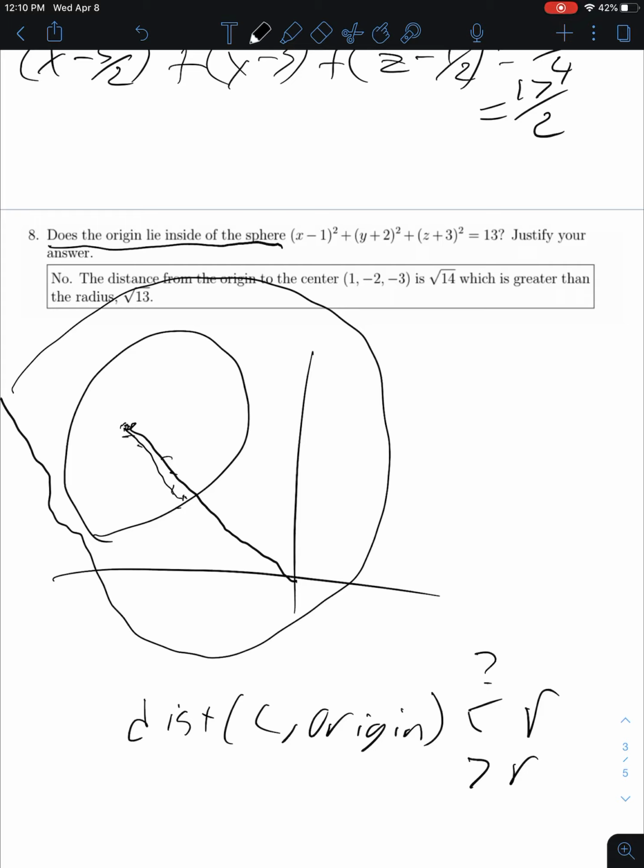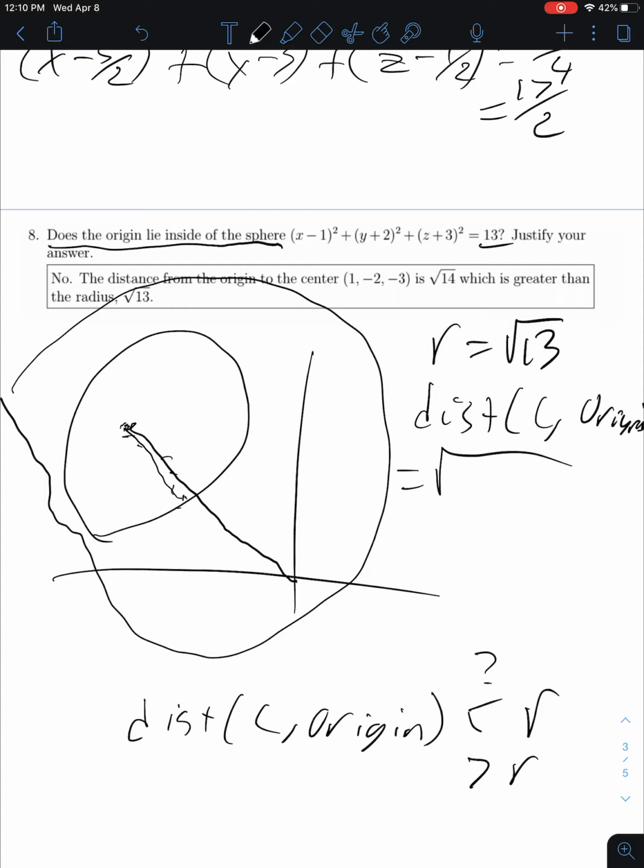In order to find that out, we're going to look at this, and that tells us that r is going to be equal to the square root of 13. And then we're going to look at the distance between our center and the origin, and that is going to be equal to root. So it's just going to be the opposite of these,